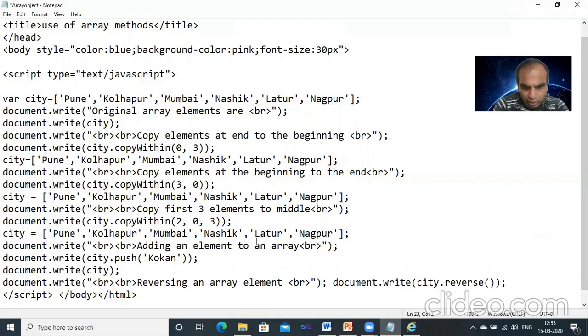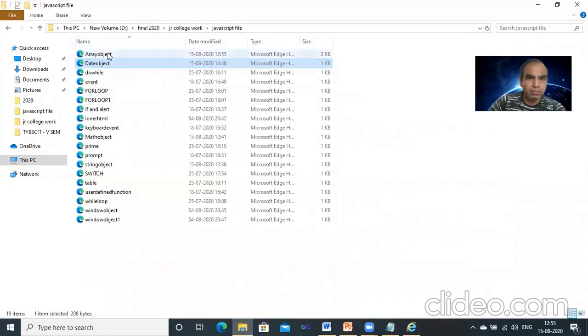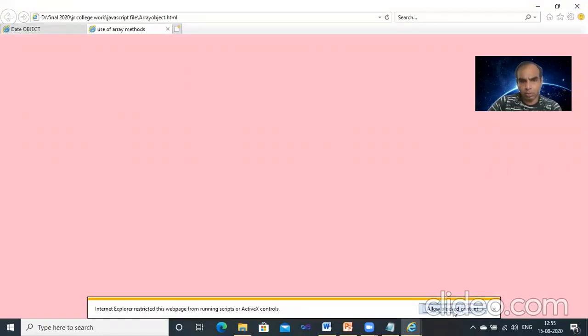After that, reversing the elements: they use document.write city.reverse and show the reversed values of the city. Save the file, go to the array object file, right click, open with Internet Explorer, allow blocked content.